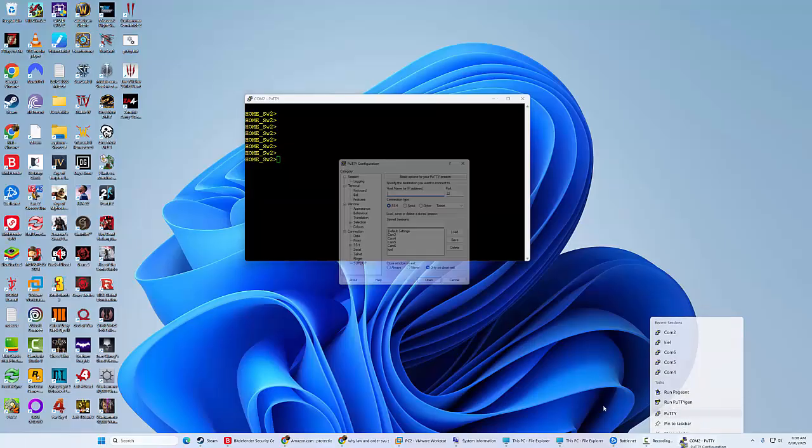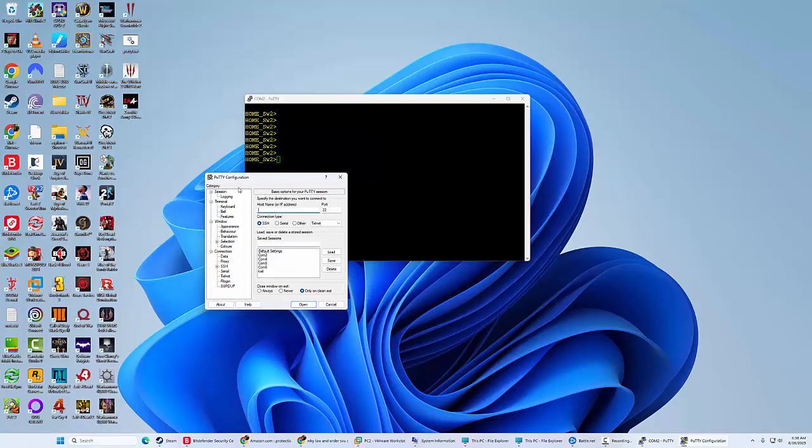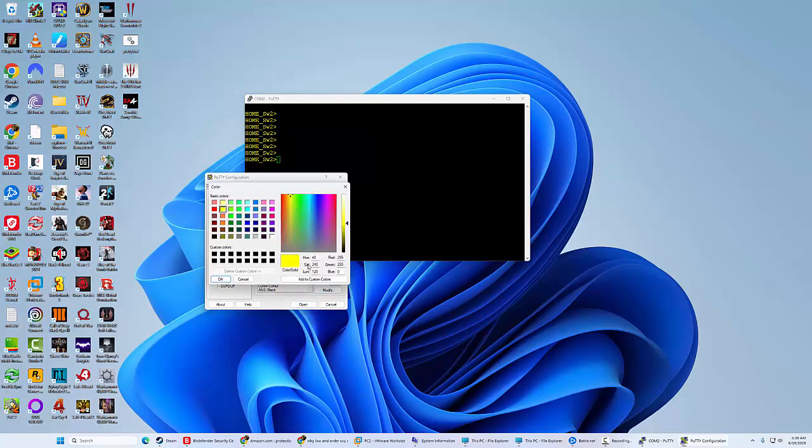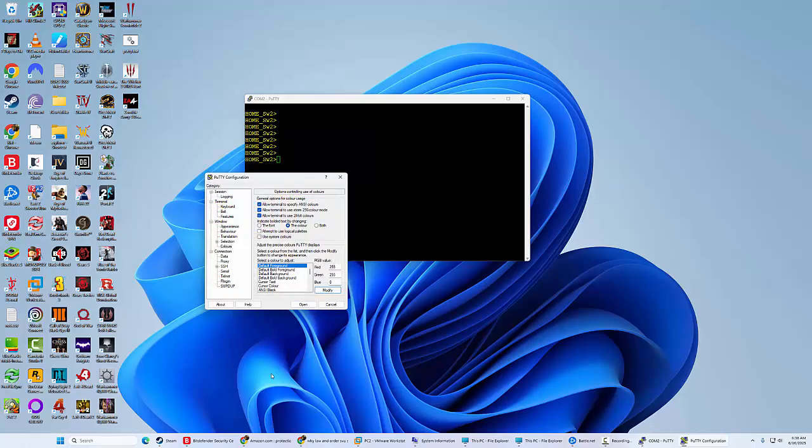Let's go to our default settings and load. Now whatever I change in here, notice that my colors are not. Oh, I guess it did change the foreground. My bad. So I did change that. But if you want a default setting, you can change all those as well.